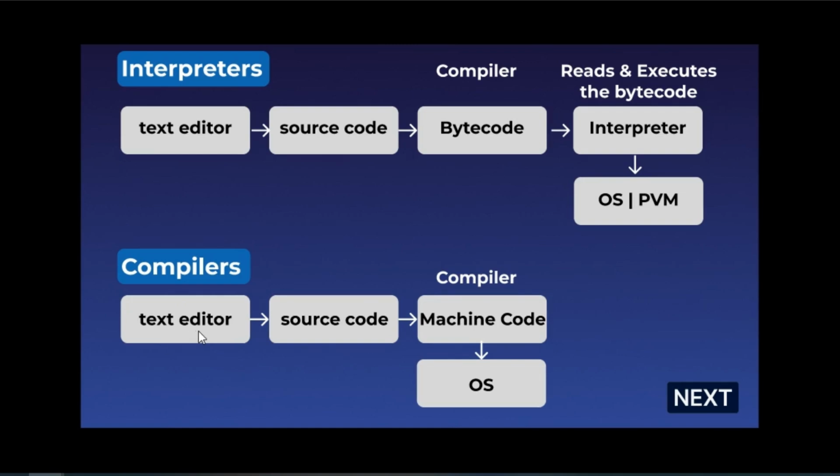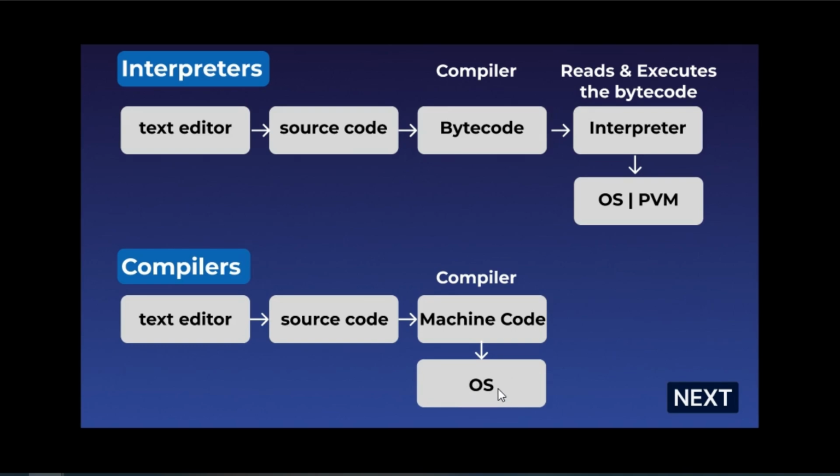It's a virtual machine that uses the hardware and some components of the operating system to be able to execute the bytecode. So the interpreter cannot work without the operating system components. Similarly, compilers, what happens in compilers, languages like C, if you're using a text editor like VS Code,